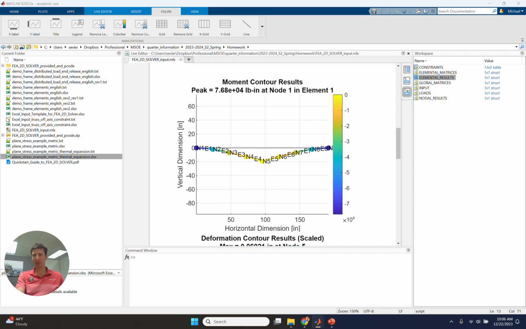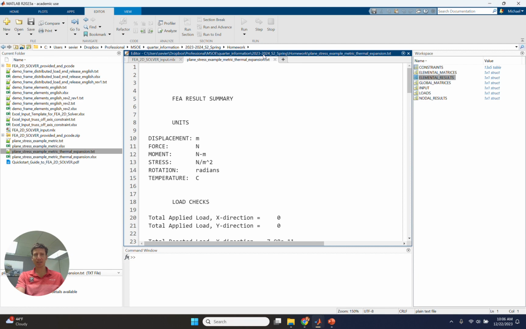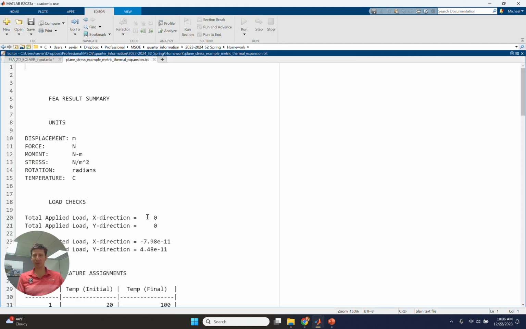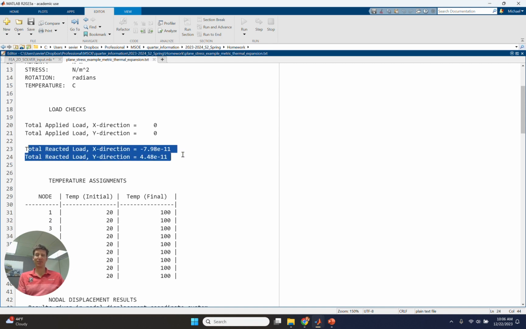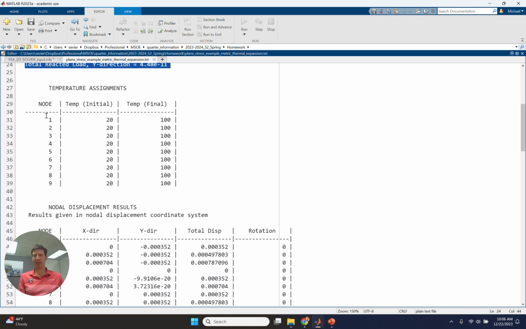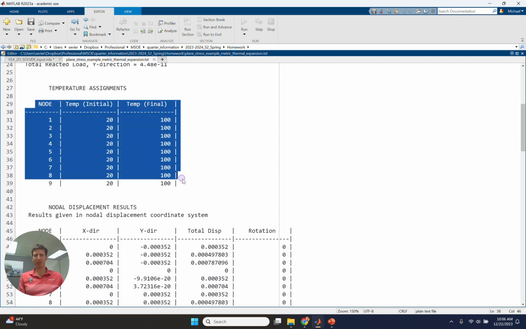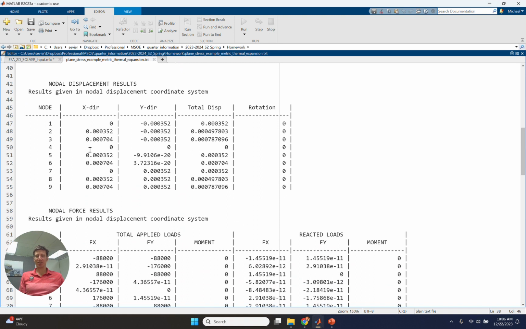Okay, once again, we go ahead and take a look at our text file results just to verify if things make sense. And look at this, total applied load. We actually don't have any real applied load and just numerical error in terms of reacted loads. Now we do have a temperature assignment, and so that's included here. Let us know that there is something happening, right? Even if there isn't a mechanical load, there is a thermal change, and we can see all the displacements, and